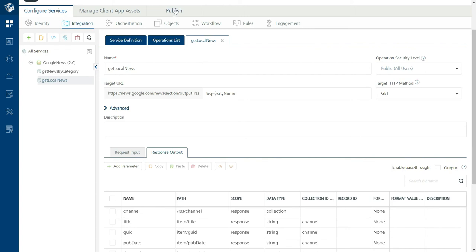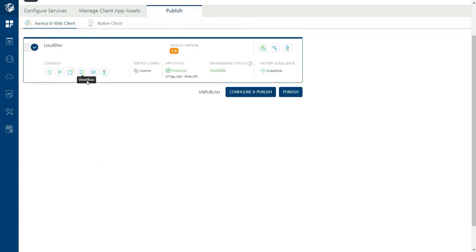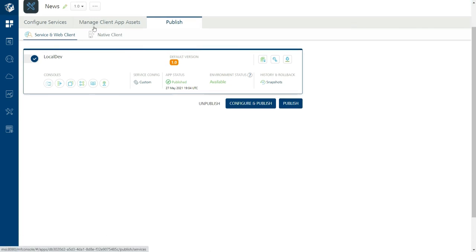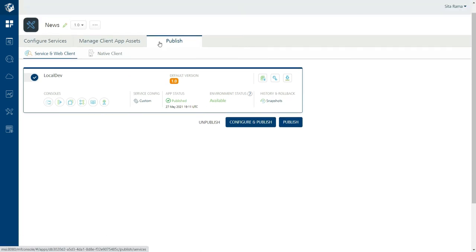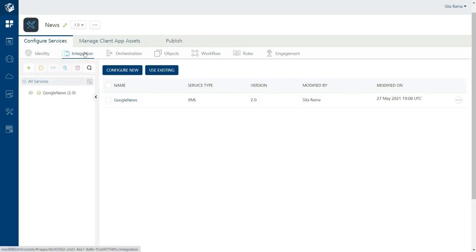So if we go to the Publish tab and try to publish this Fabric app that we have created. I went to the Publish tab, and before clicking on Publish, inside the Configure Services, in the integration services that we have as part of this Fabric app, currently the 2.0 version of the Google News Integration Service is being used.